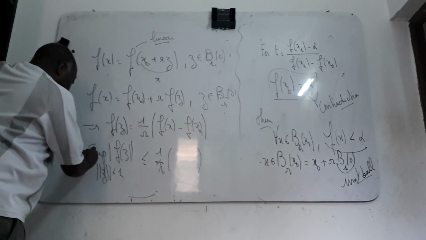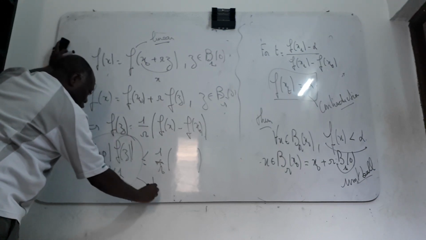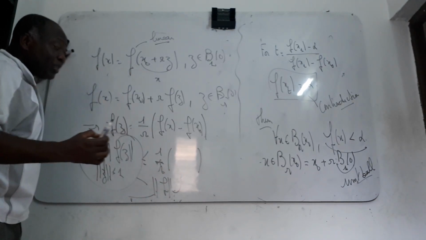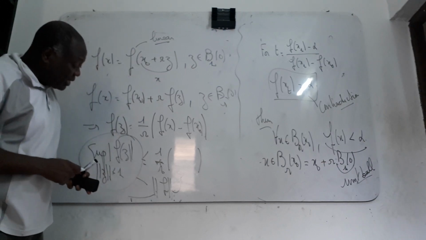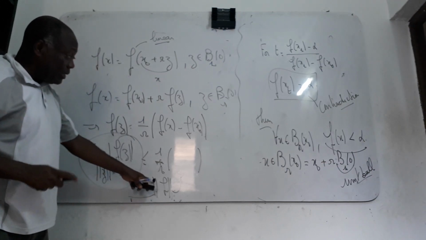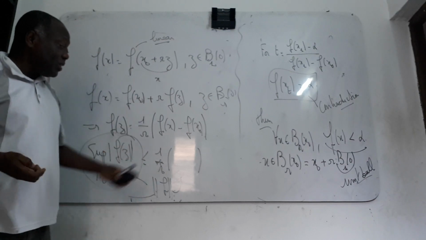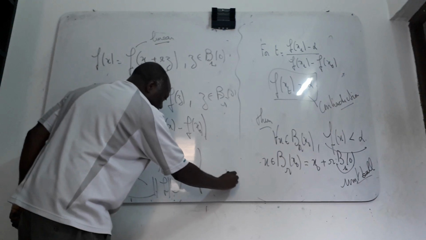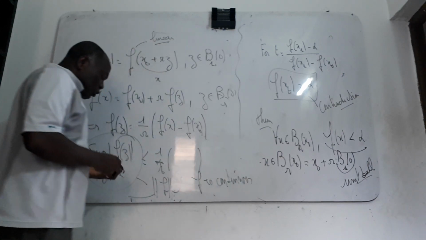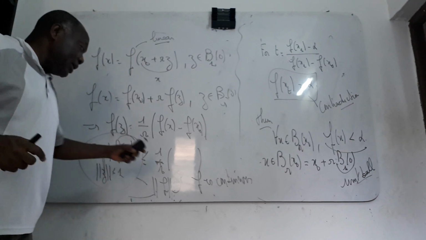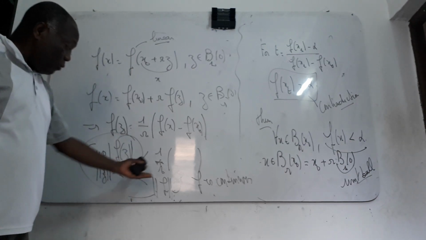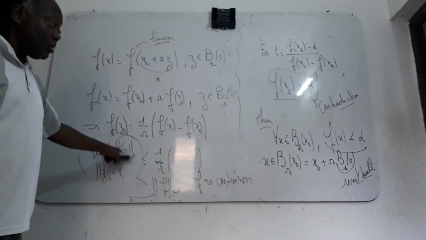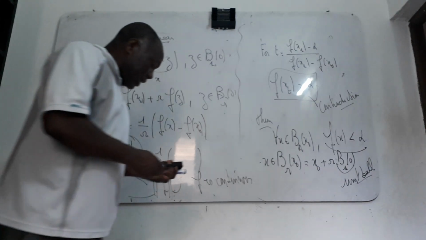That means that this is exactly the norm of f that we defined already, which is necessarily less than some constant. When the function, which is linear, is bounded on the unit ball, you prove that f is continuous. F is continuous because this f, which is linear, is also bounded on the unit ball. Okay, thank you.